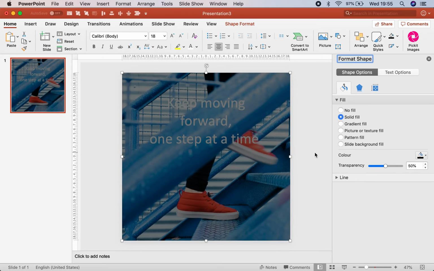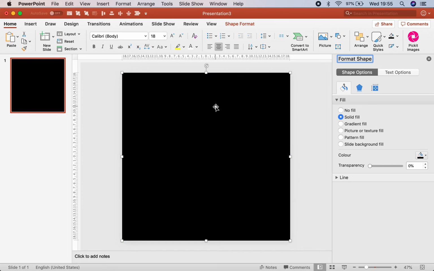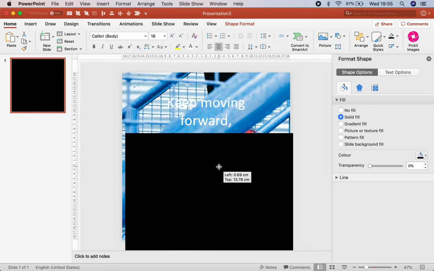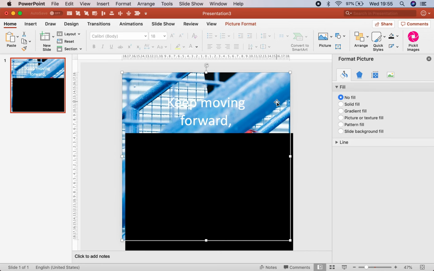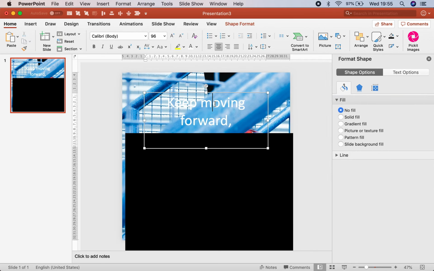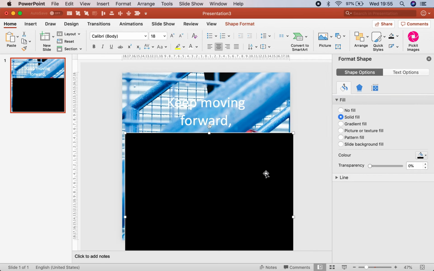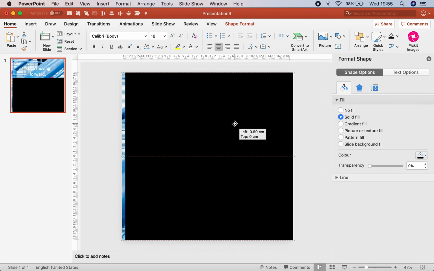Now here's something you want, right? We have the box. Okay, let me take the transparency back to 0. You have the box which is completely black. You have our picture here, which is picture, and then you have the text. The black is supposed to be between the text and the picture, right? The picture is supposed to be just on top of the picture, but the text should be on top of the black. So in order to achieve that, after you've made sure that this is the size,